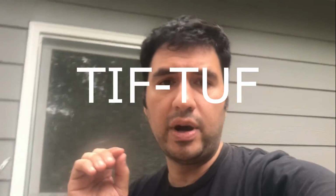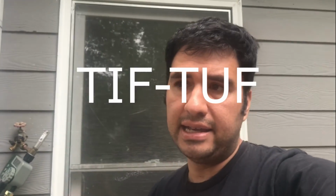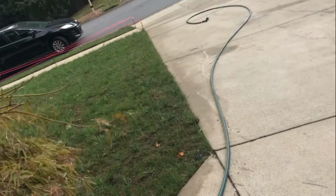And what I'm probably gonna go with, I've been doing a lot of research, is a Bermuda hybrid, and part of the reason why I'm going with that is that it's slightly more shade tolerant than a lot of the other ones. Here's the front lawn